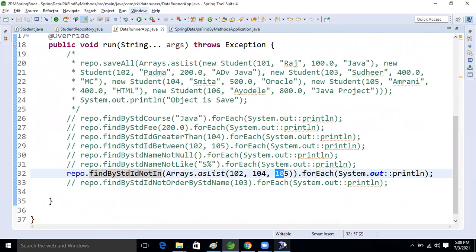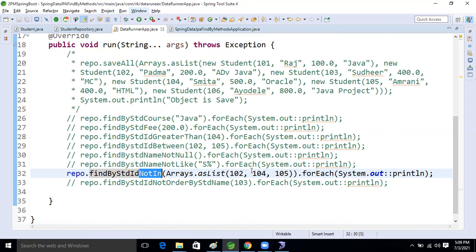These matching records we will not get. Why will we not get them? Because here we are taking not in. In means only these three records we get. Not in means the rest of the records other than these. These records we will not get; except those, all records we will get.